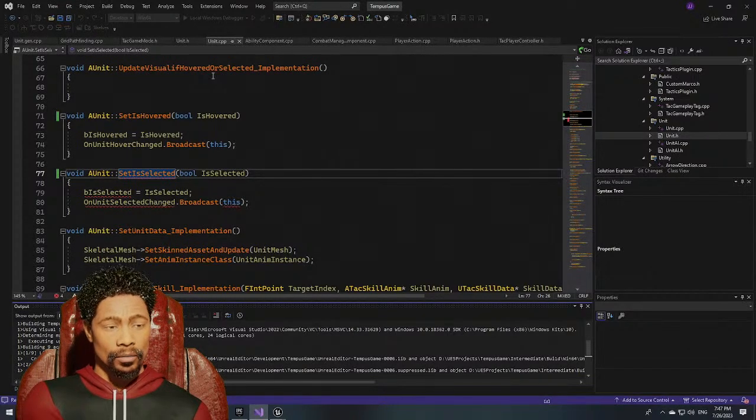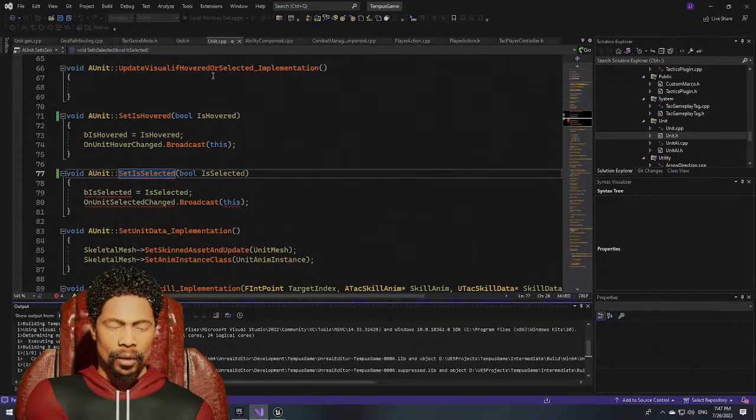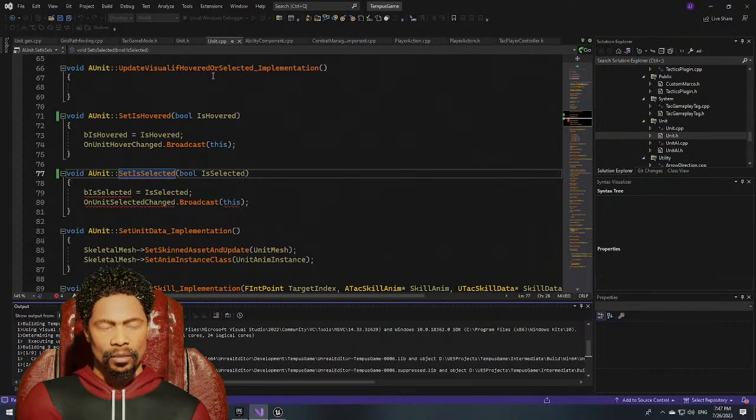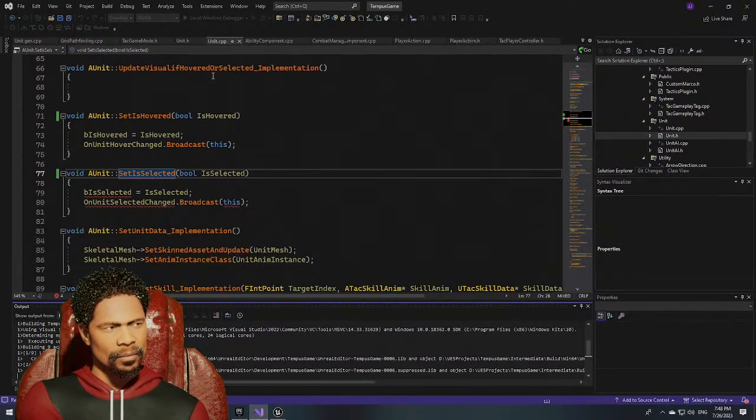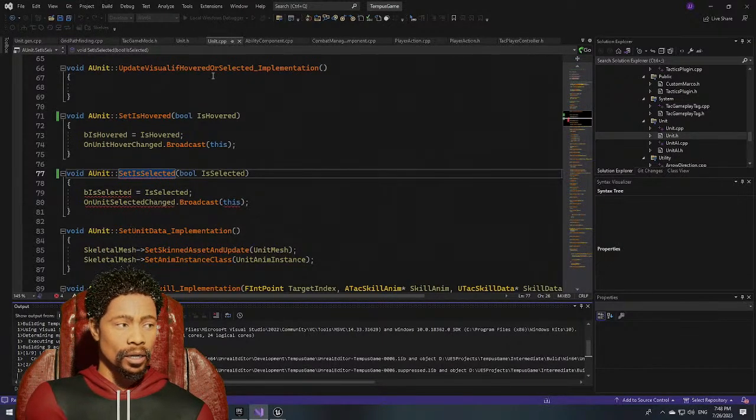Making these types of builds is very long and very drawn out. I kind of wish I was able to do all this in Blueprint. Unfortunately, I'm not. I'm pretty sure I'm just trying to do this in C++. The reason why, of course, speaking of C++,